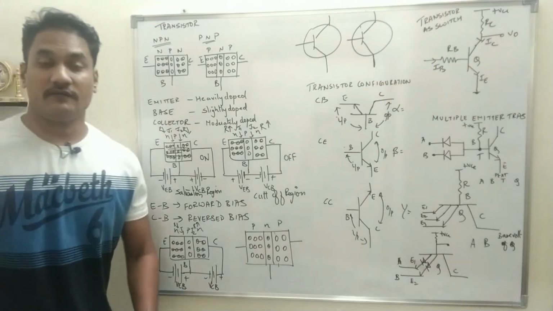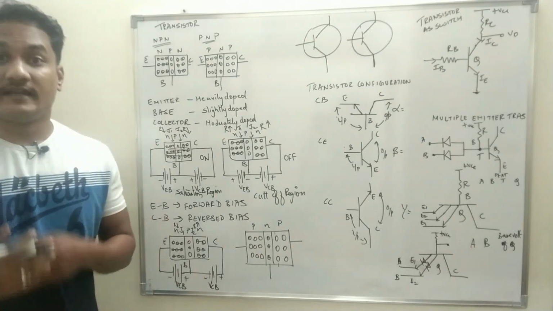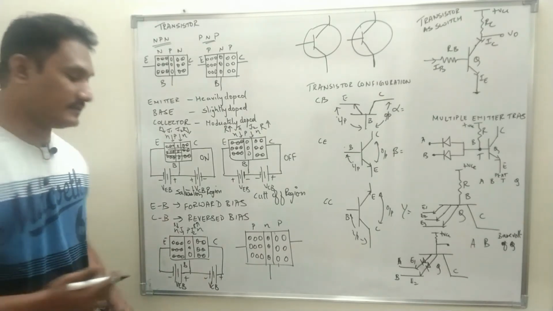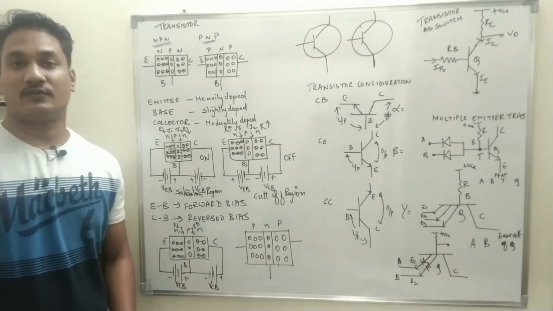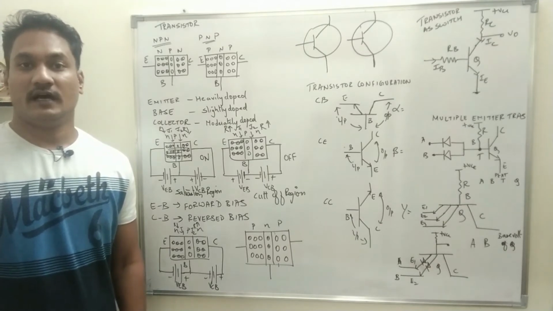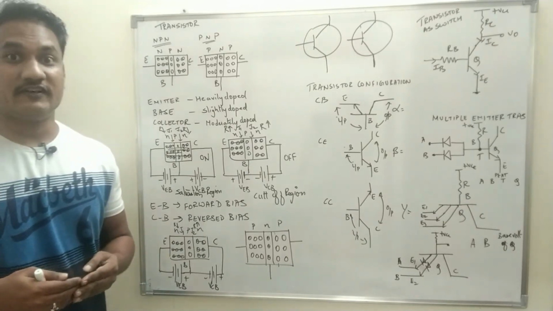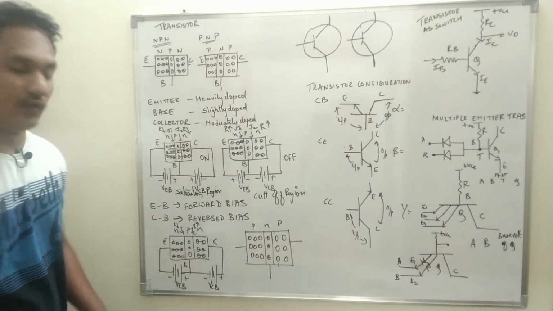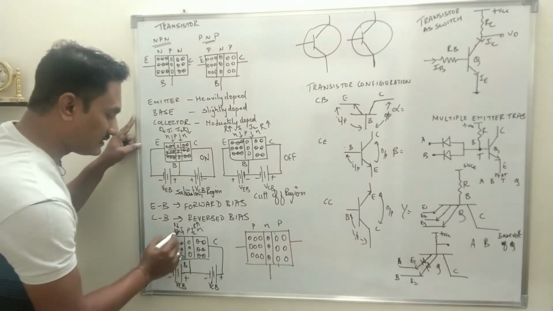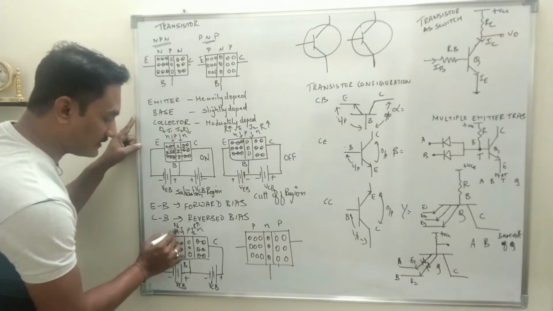Now we have to understand the working of the NPN transistor. I'll explain both the transistors. Let us start with the NPN transistor working. Now we have to see whether any current flows through the transistor in this particular biasing mode. See, what happens is, as the junction J1 is forward bias, the resistance is low.